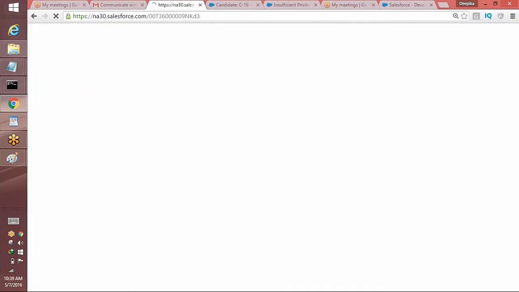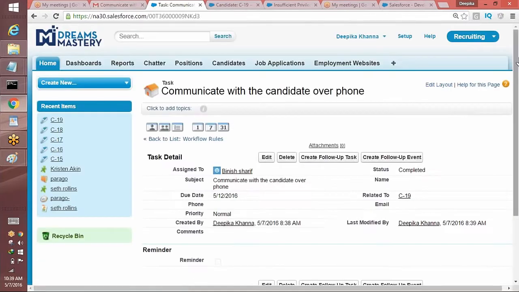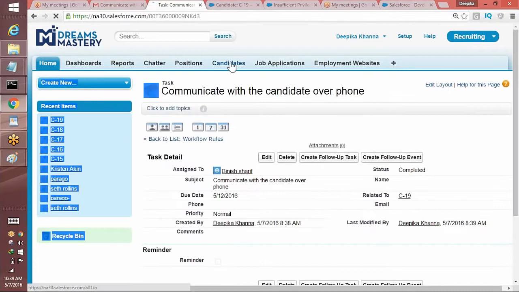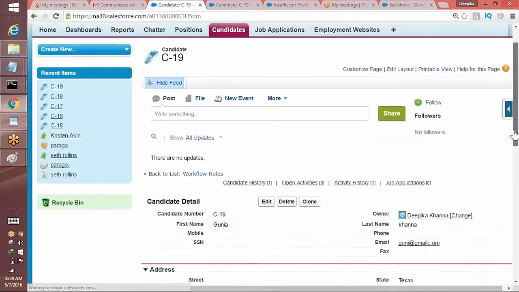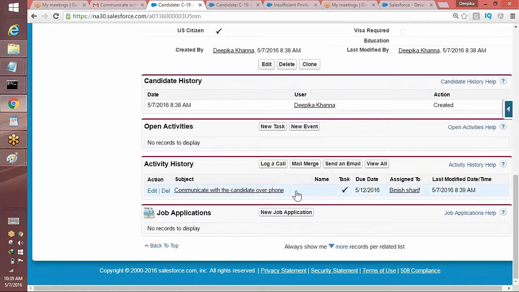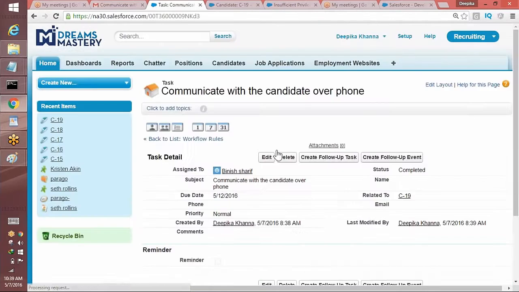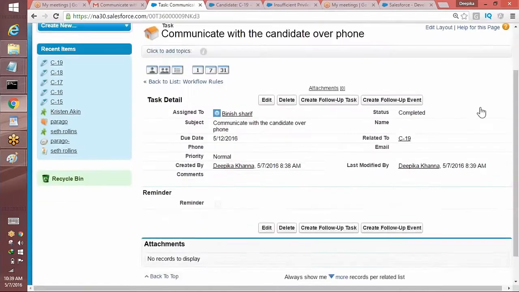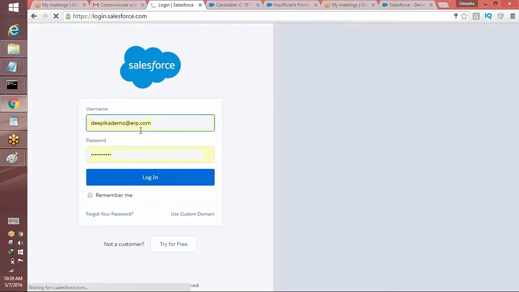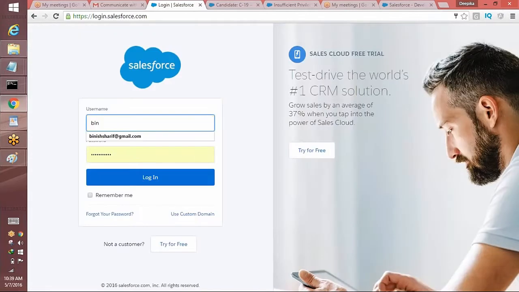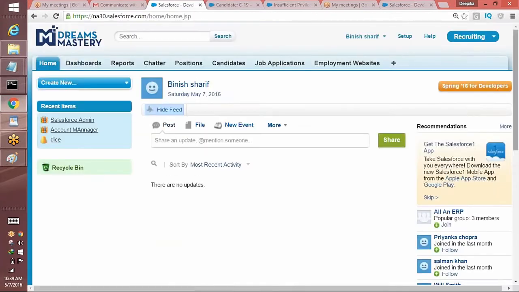What will happen is that on Deepika, when she logs in, she will know that this particular task has been finished. So if you go back here and go to this particular candidate information, you will see that the status has been updated to completed. Now, if you log out and log back in as Binish, in the task history you will see the task assigned to her. So if you log in and go to her dashboard,